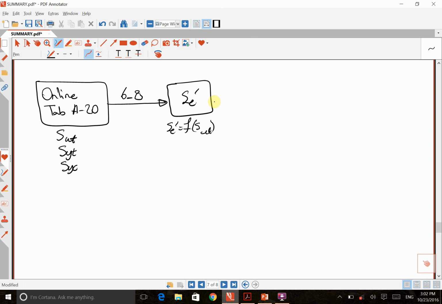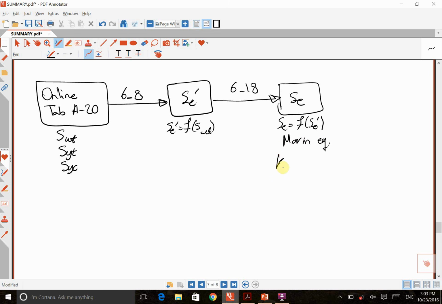Okay. So when you get SE prime, you need to find endurance strength. And here you need to use equation 6.18. And so SE is a function of SE prime, and this equation is called the Marin equation, and we have a couple of factors here. We have Ka that can be found from equation 6.19